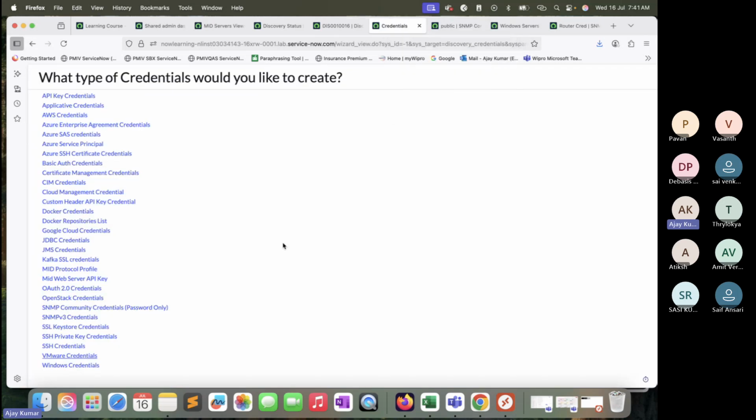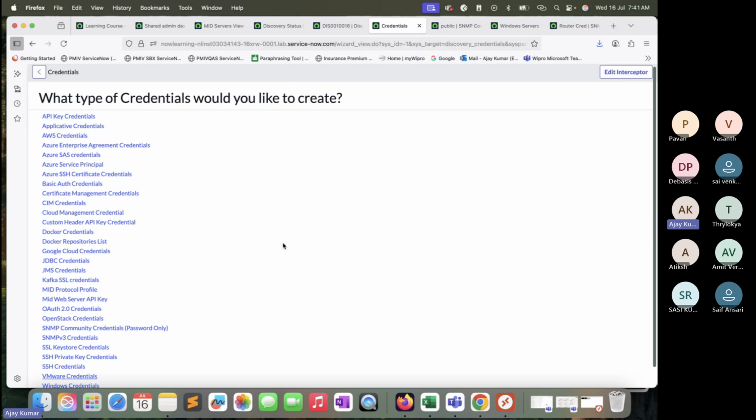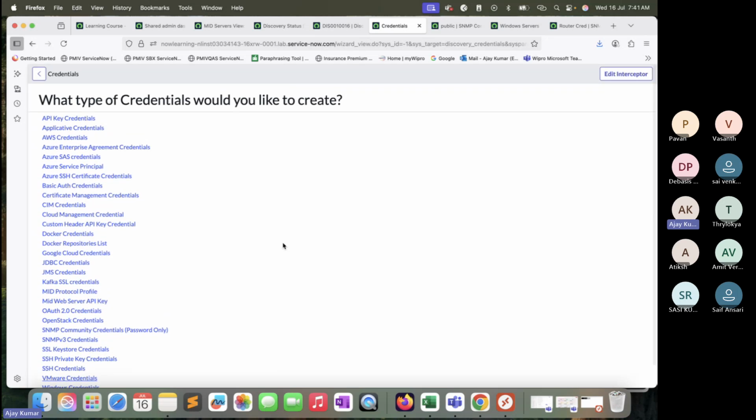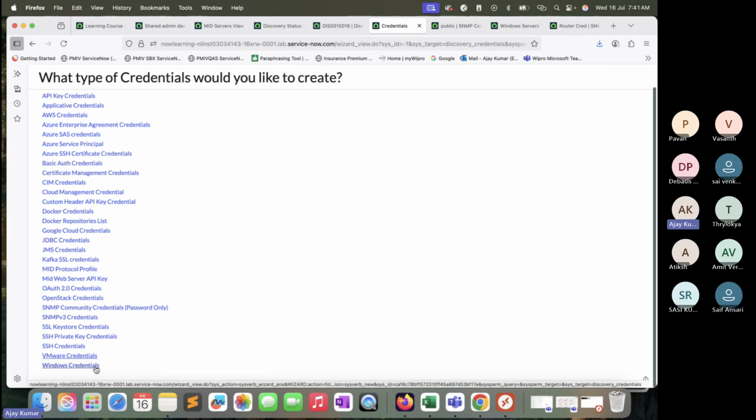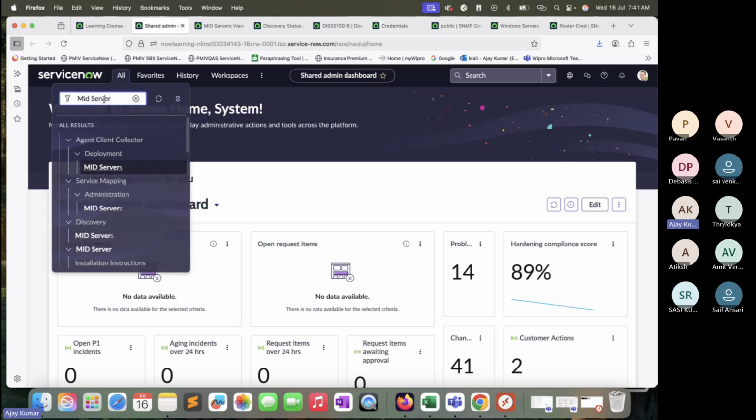Nutanix, if you remember, we are going to create through the servers or serverless discovery pattern, right? So that's from there that's going to be discovered basically. And for Hyper-V, you can configure the Windows credentials directly, and that can be discovered, right? So these are the credential types. If I quickly go to vCenter,